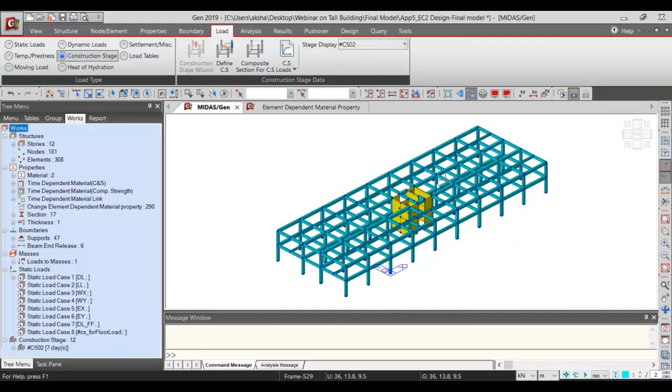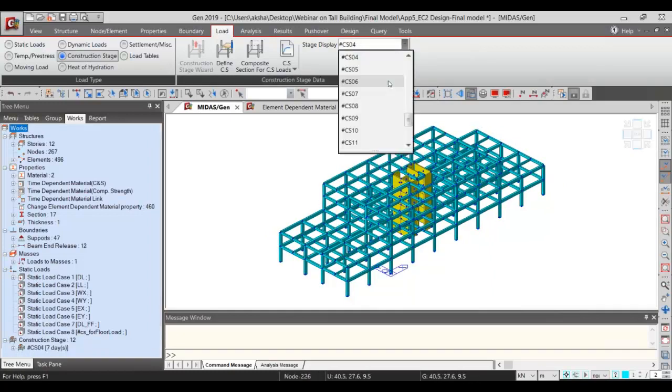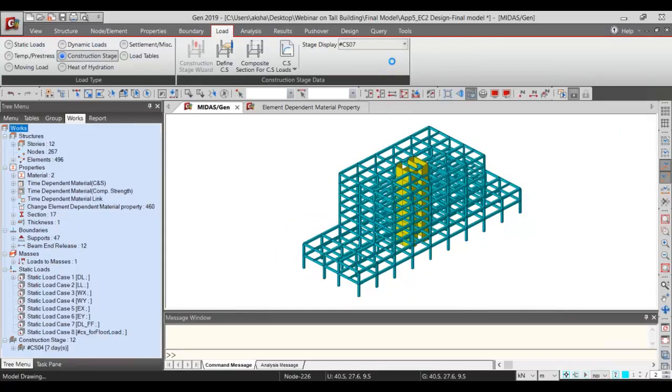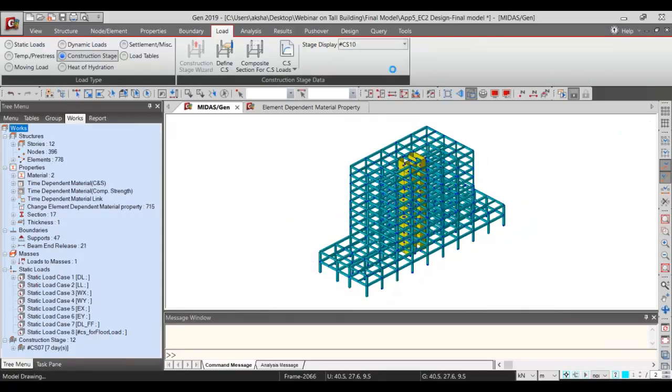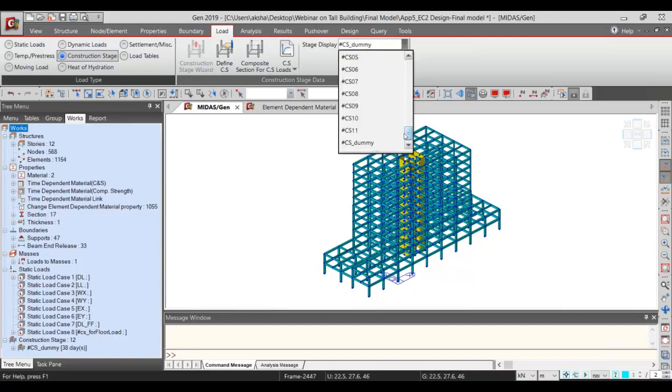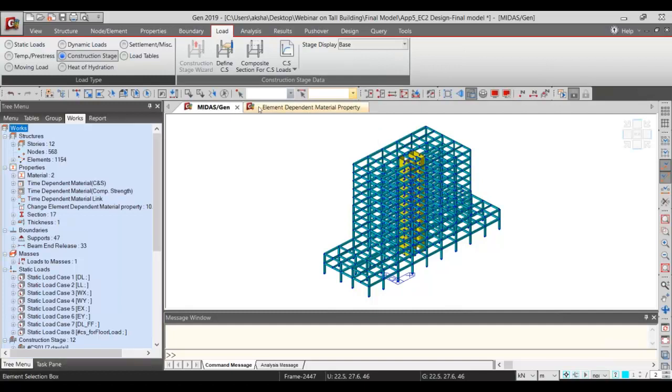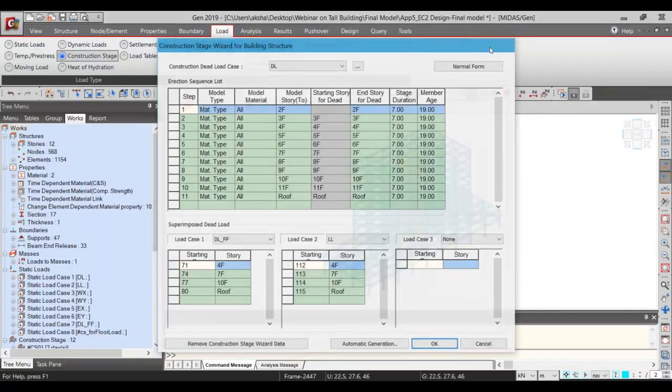So likewise you can go on defining the various structural configurations accordingly, right? So this is how you can go with the definition and the actual generation of your construction stage definition, right? So now let me try to define one more stage over here, considering the long term to account for the